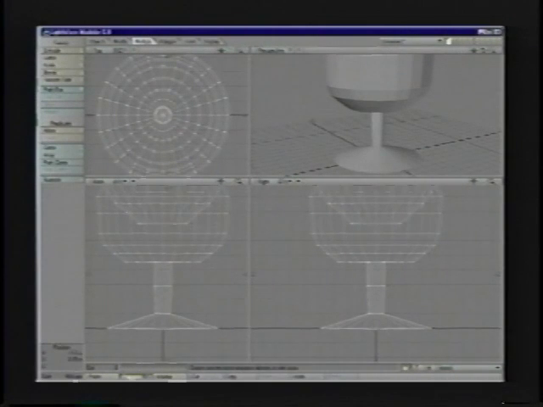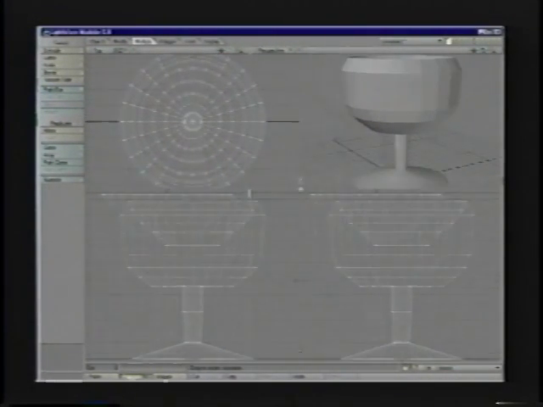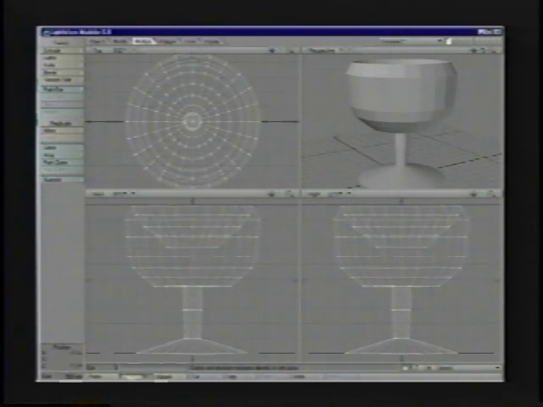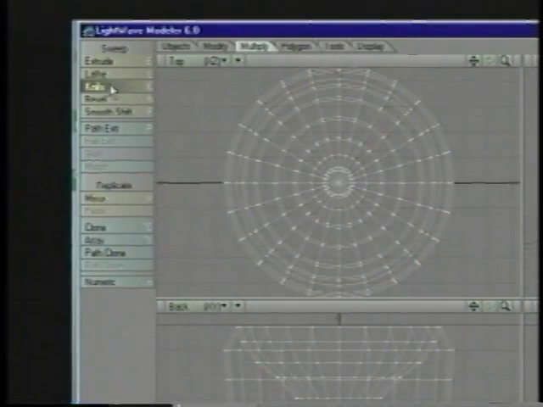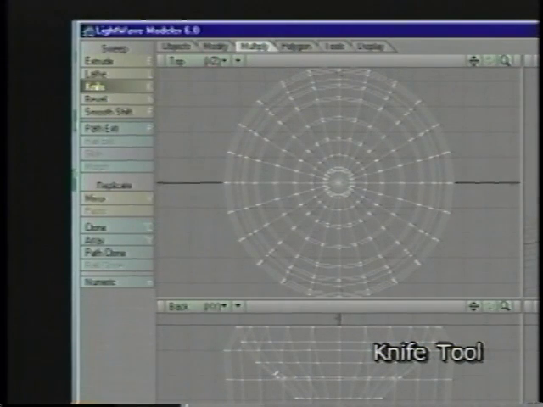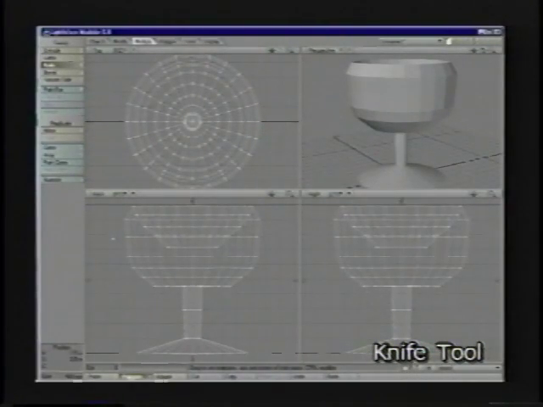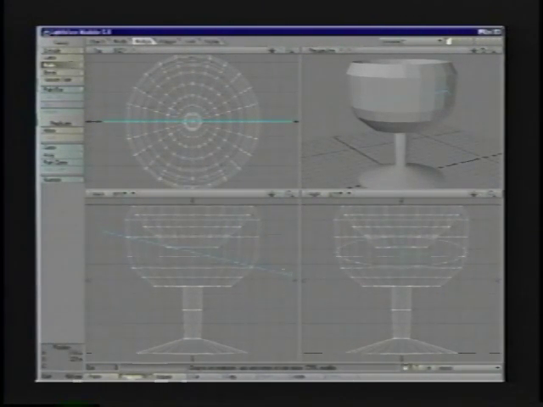Okay, while we've got this goblet up here, we're going to move down to the next tool, which is knife. So I'm going to select knife, go down here to the back view, and start to drag out, holding down the left mouse button. I'm dragging out this line. If I let up on the left mouse button, I can go back and adjust the line,